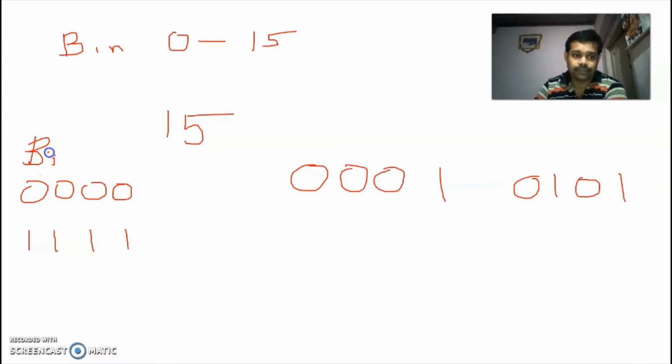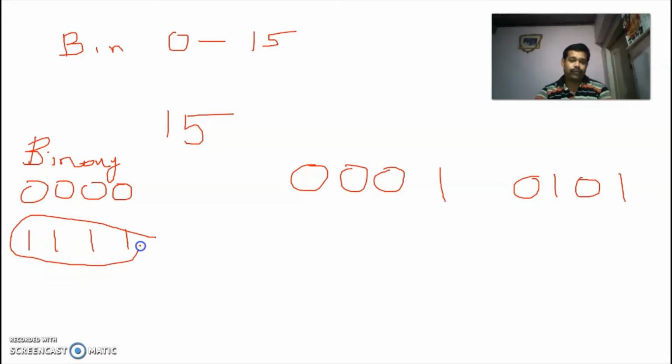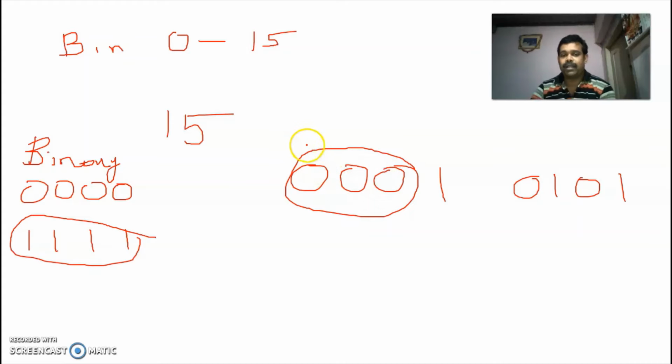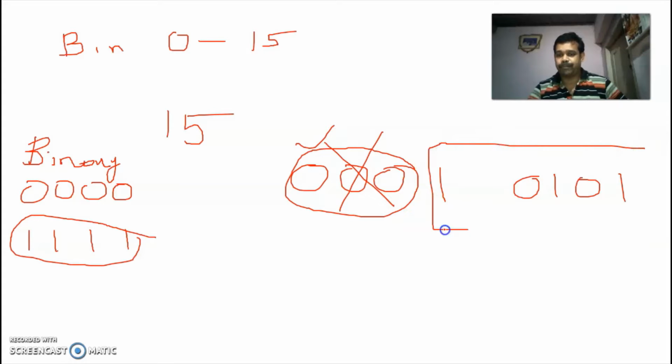Then we have to write BCD. The BCD of 15 is 0001 0101. The MSB and the next 2 bits of this BCD are 000, so we are neglecting these 3 bits and considering only the 5 bits from the LSB.